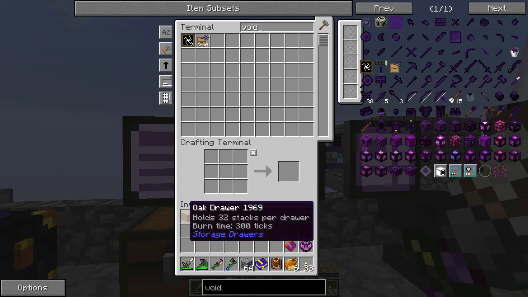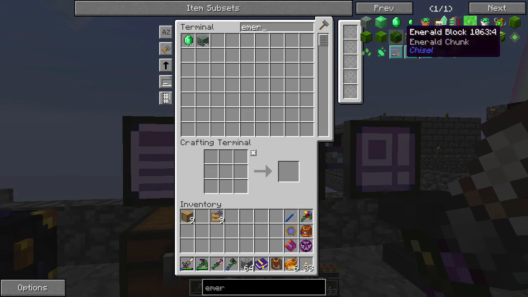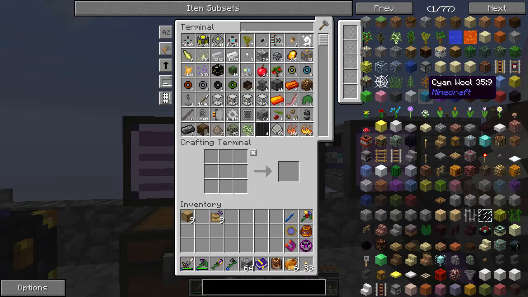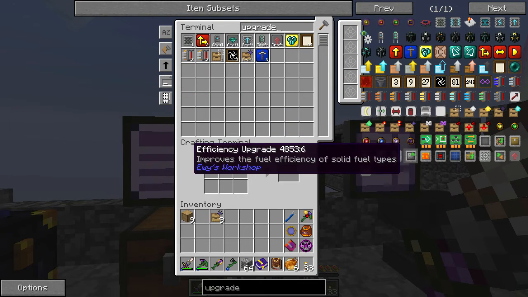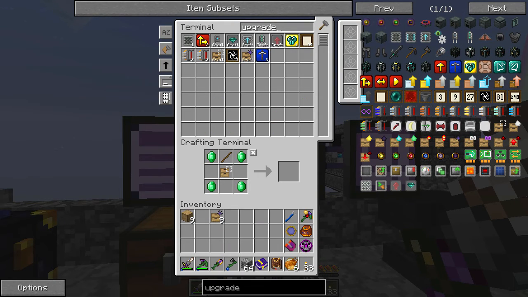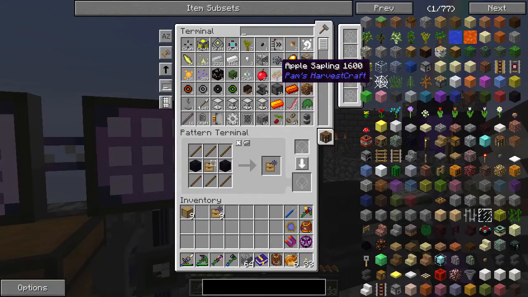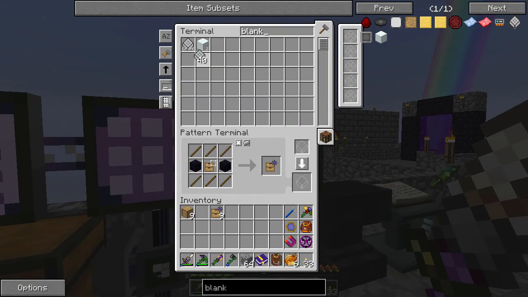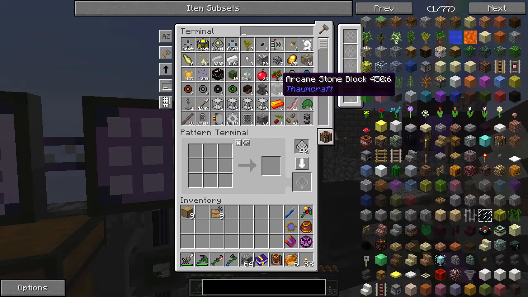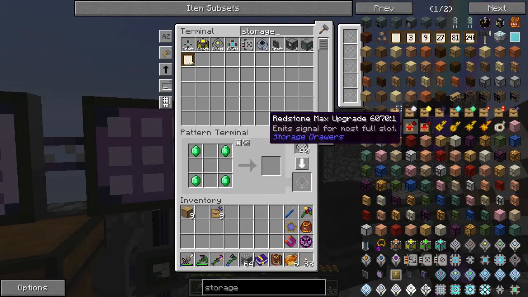Now we can also increase the size that these are. I'm not going to worry about that too much right now, but that's just another upgrade that we can do pretty easily. I believe emerald upgrades are the highest. Upgrade. Yeah, so storage upgrade with emeralds is the highest, which I could teach the system how to make as well, because why not? So storage upgrade, like